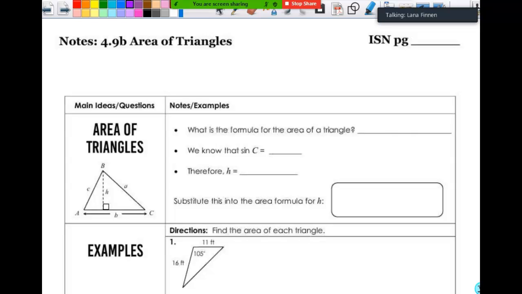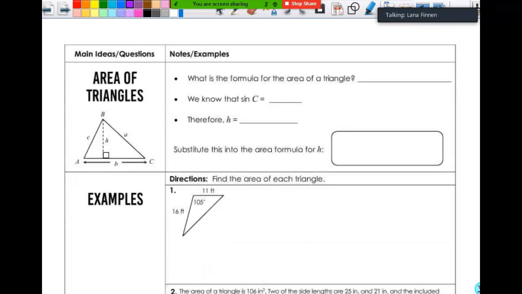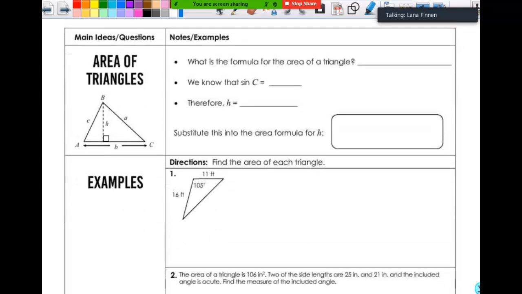All right, so we're going to look at the area of triangles, and I think you start learning the area of triangles in like 6th grade. I could be wrong because I don't know much about what goes on. I just know it's down there somewhere. But basically, you've known how to find the area of a triangle for a long, long time. So we're going to start out by looking at the formula that we have known for a long time